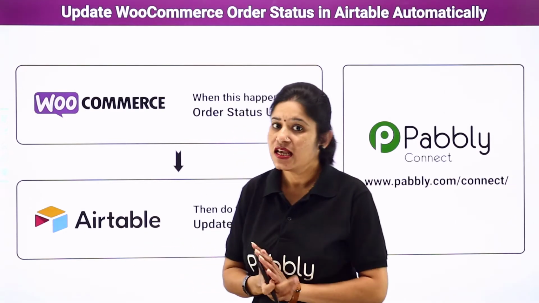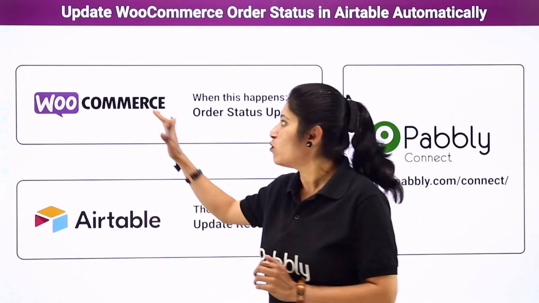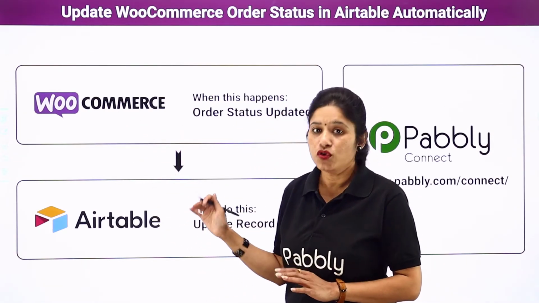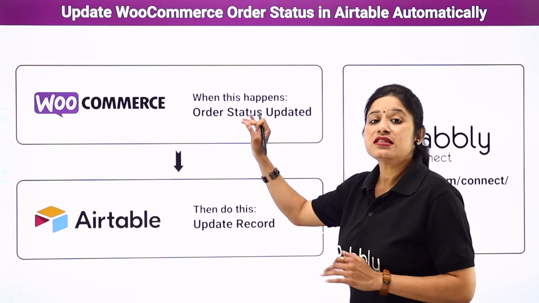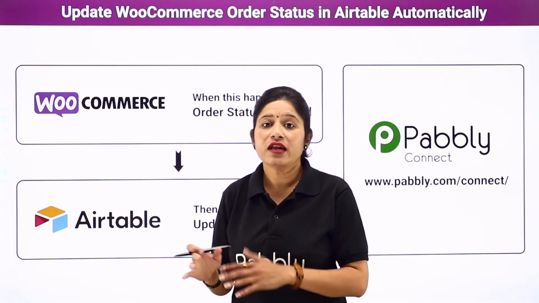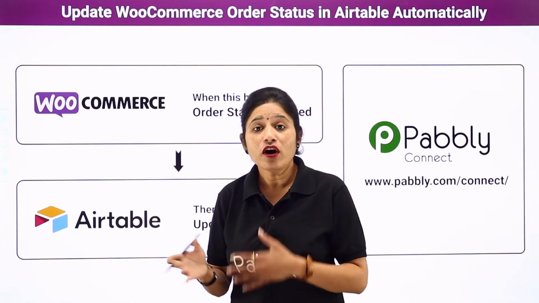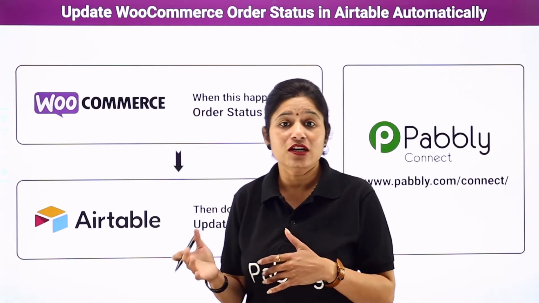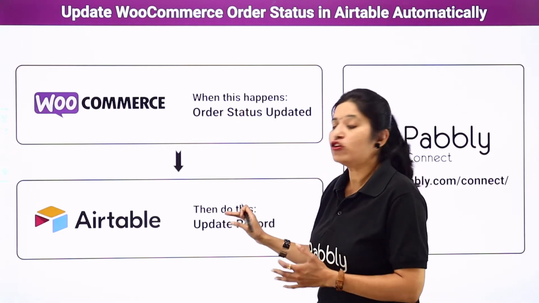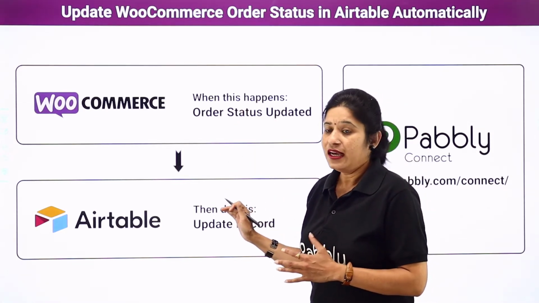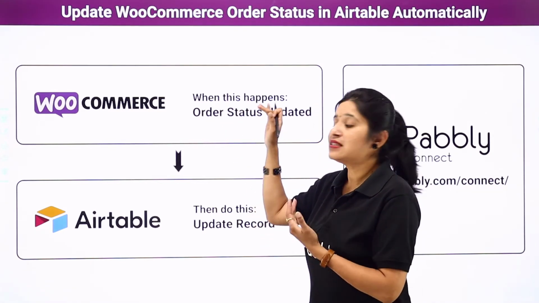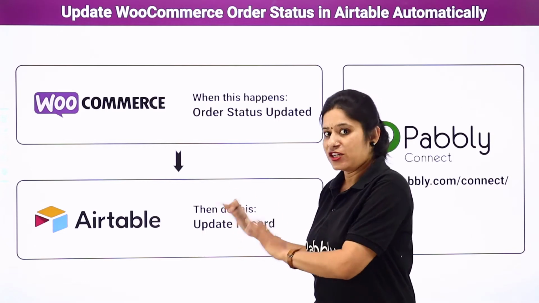So the idea here is that you have received various orders in your WooCommerce account and you have the same data of the orders in your spreadsheet program. Now you want that whenever the status of an order gets changed, it means if the order is on hold and it gets processing, or if the order is on processing and it gets completed, or if the order is completed and it gets rejected or the product is returned, then the same status should get updated in your spreadsheet program also. It means if a cancelled order is changed to refunded, then the same status should get updated in your spreadsheet program also.